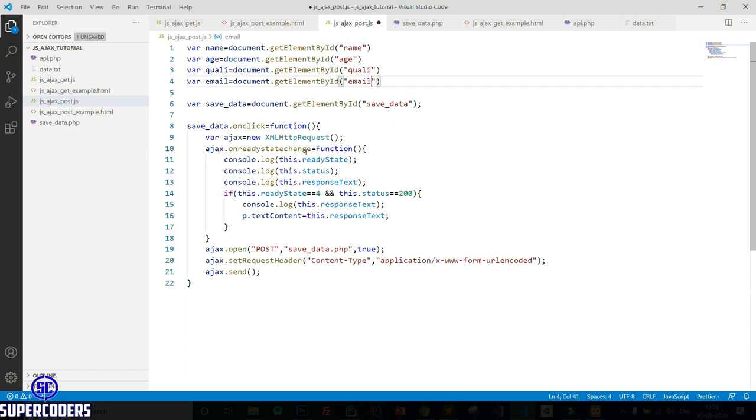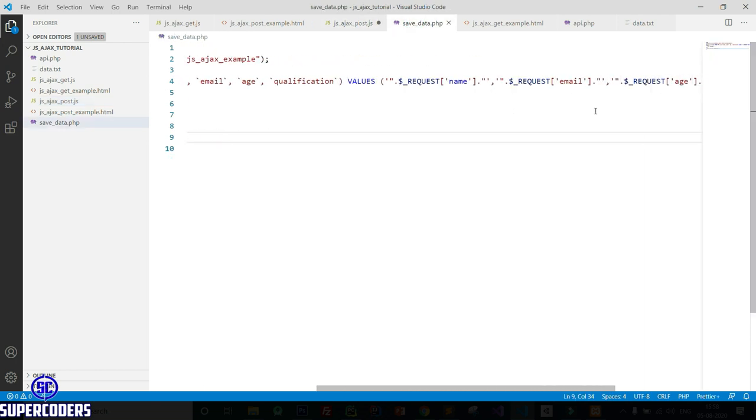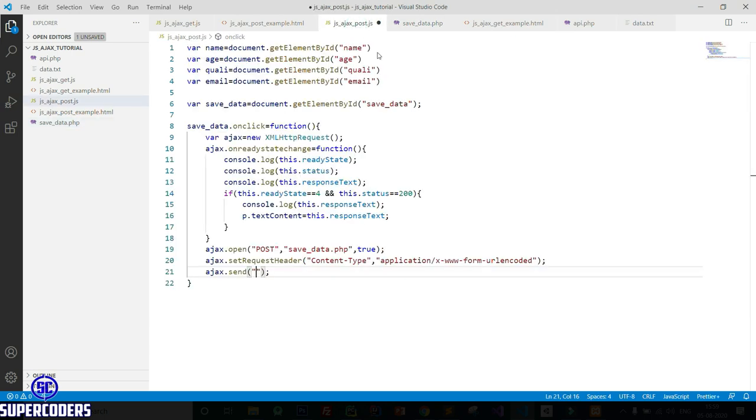Now let's pass all this input data to our server. So for passing data you need to come here, then add double quotes and pass data in key value. So first is name, email, age. Let's pass the data.